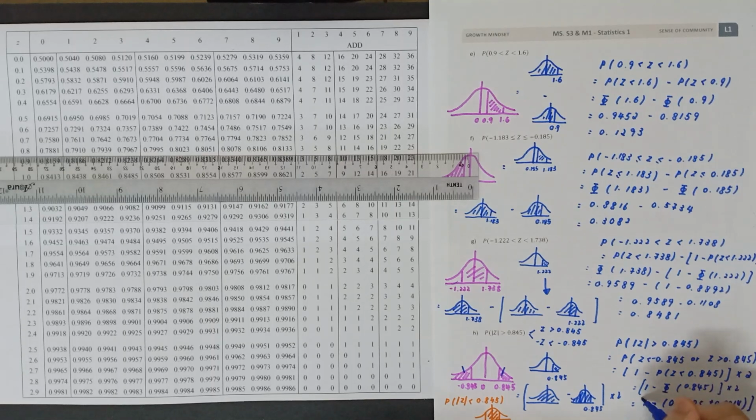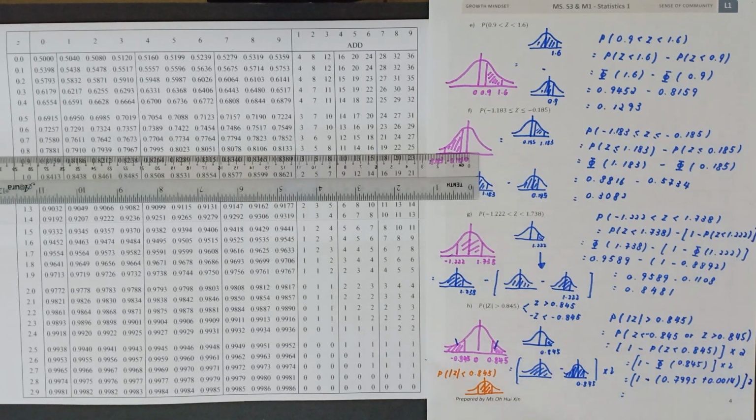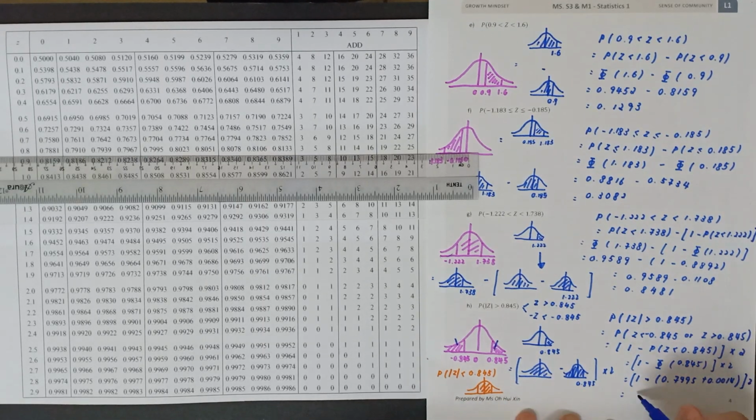The whole thing I'm going to times 2. So straight away using my calculator, I multiply 2 by 0.1991, and I'll get my answer,